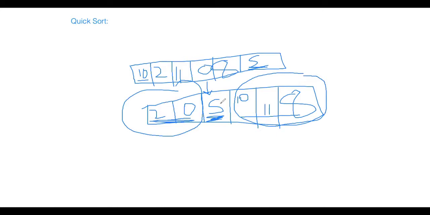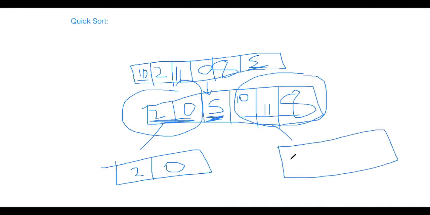Cool? Okay. It means we will do the same thing from here. So now we have a small array here, right? There we have 2 and 0, right? And then we have something at the right side of the array. So we have 2 different sub-arrays here, right? Cool or not?